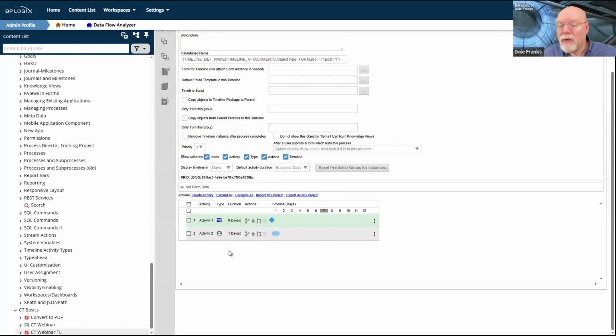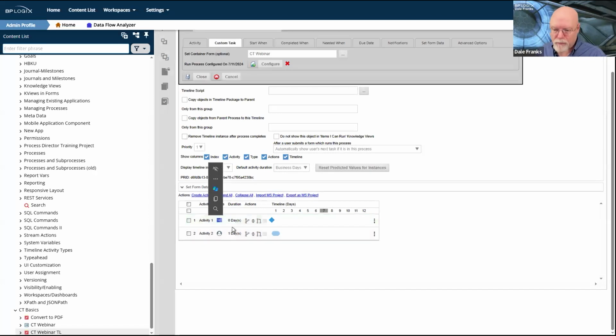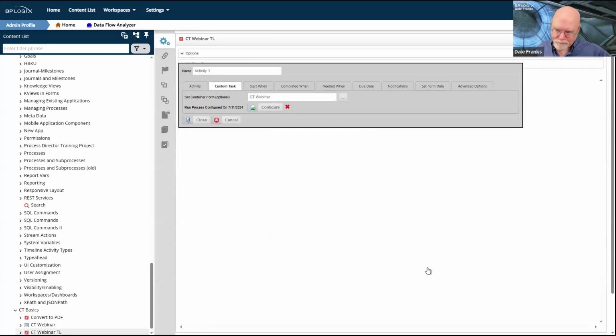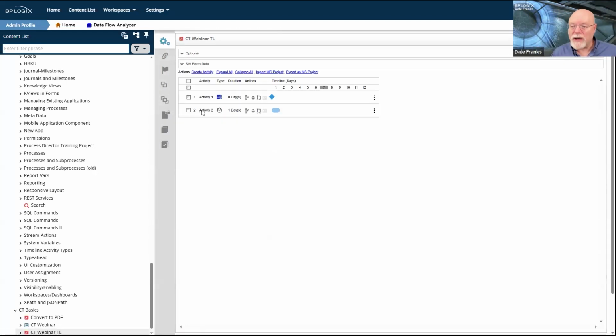Now, there is, of course, a caveat to running the custom task in that way. And the caveat is if I submit this form and it sends my document off to activity 1 and starts running it asynchronously, if I am actually the assignee for activity 2, my form is not going to go away.